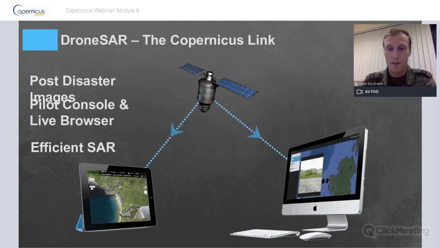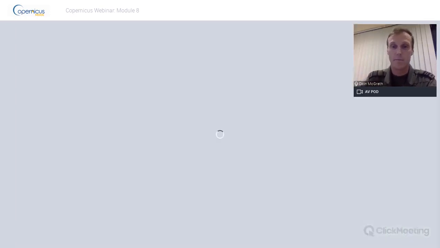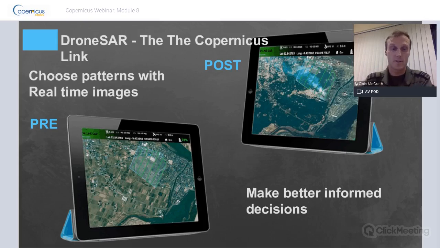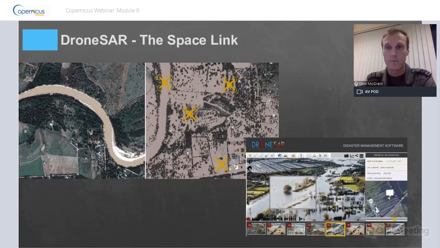And we came up with the idea of having up-to-date Copernicus imagery from the emergency services satellites to overlay as images on the pilot screen and also the command screen, so they have a better view of what's actually happening on the ground during or post disaster. For example, on the left side, you here see a basic image of what would be seen on the pilot side pre-disaster, but following a disaster, you'd see it's the exact same area just post-disaster. So you have a more up-to-date image of what's actually going on. It would give a better idea for a pilot of where he wants to search and where is the most effective area to search rather than guessing. So it basically helps with better informed decisions.